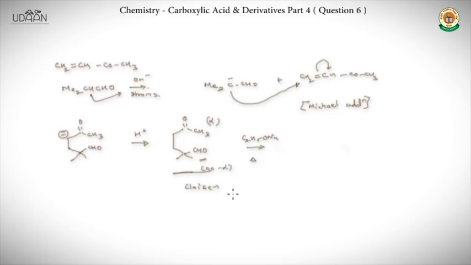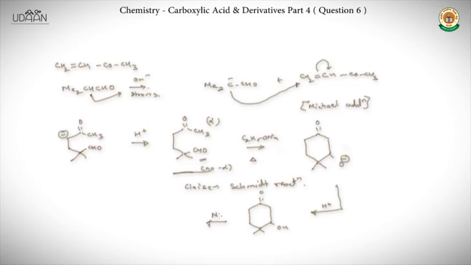Therefore, when heated with C2H5ONa, it forms O minus, then double bond O, and then this reacts with H plus to form also double bond O, and finally it is dehydrated with the help of sodium hydrogen sulfate